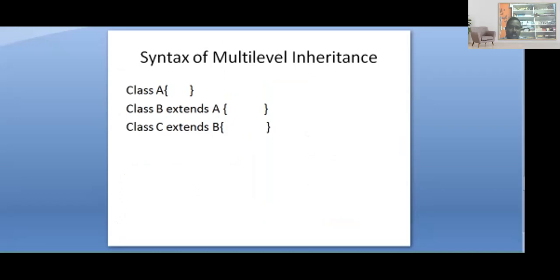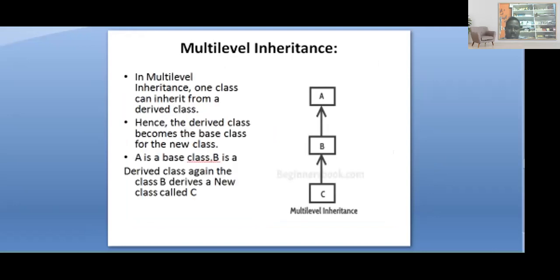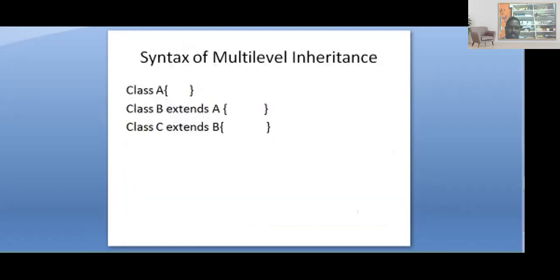This is the syntax of multi-level inheritance in Java. Class A, and class B extends A. Class C extends class B, class B extends class A, and then we have class A. Class C extends class B, class B extends class A, and we have class A. This is multi-level inheritance in Java.